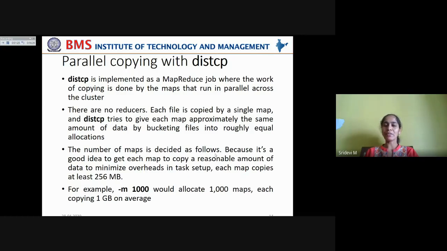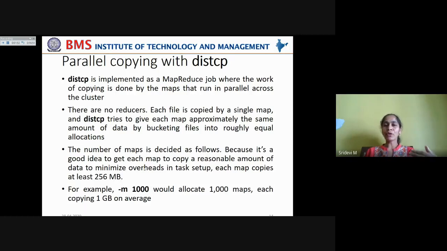It is a good idea to get each map to copy a reasonable amount of data to minimize overheads in task setup, so each map copies at least 256 MB. The basic unit of data copied by a map job is 256 megabytes.